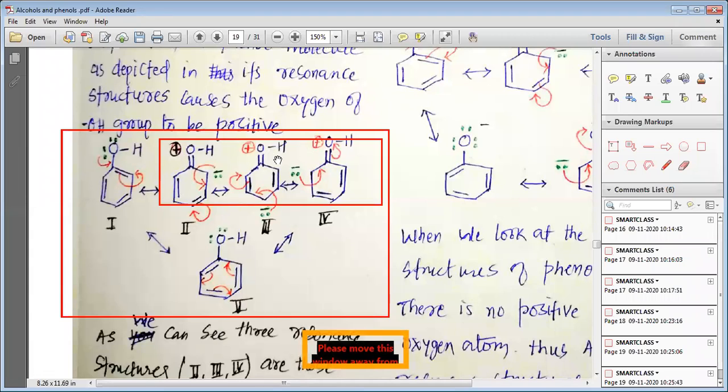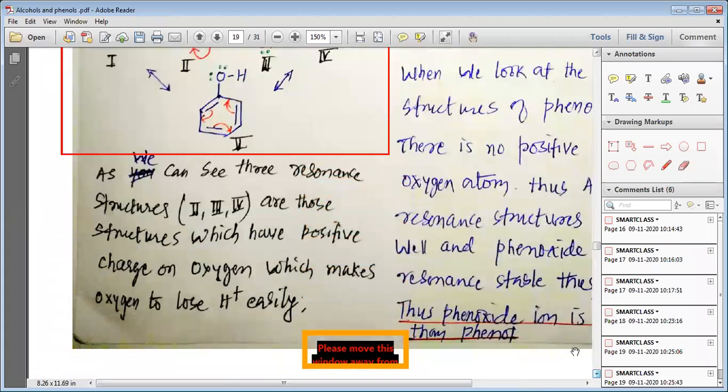So this positive charge on oxygen actually tries to push this hydrogen to go away, and the electrons of this OH bond are attracted towards this oxygen due to the positive charge present on the resonance structures of phenol. Now let us study. As we can see, three resonance structures, that is resonance structures number 2, 3, 4, are those structures which